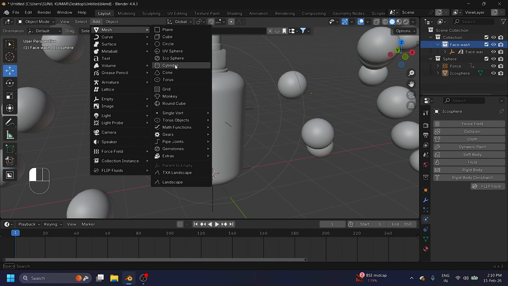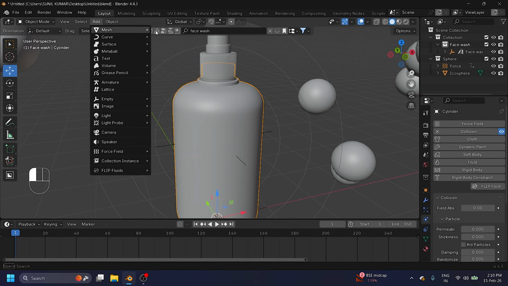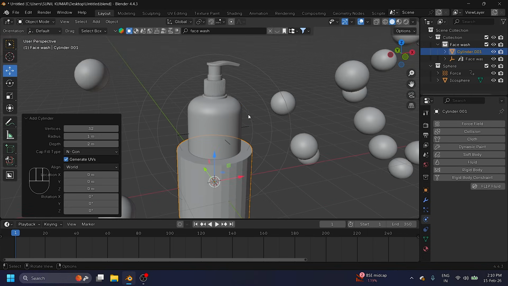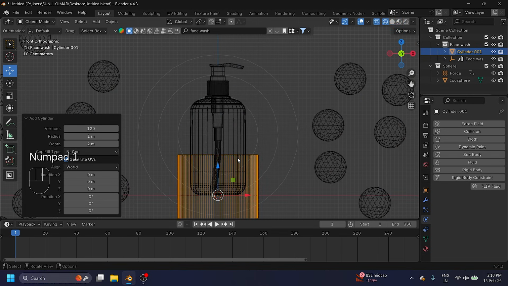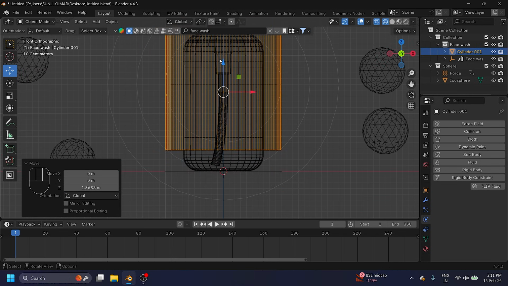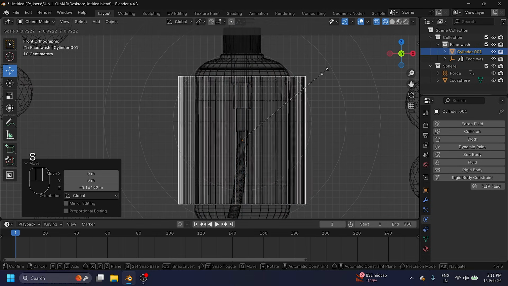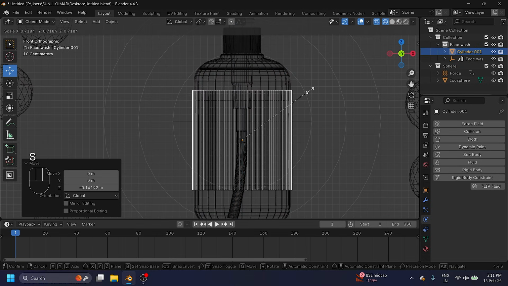This is my cylinder. Guys, my object shape is cylinder. So I take one more cylinder and guys, press this time 64. Yes, you can increase more vertices, like 120 is also good. Yes, and press 1 and click here. This is my wireframe. So guys, go to this one here. Yes, guys, I create a shrinkwrap effect, and smaller like this.